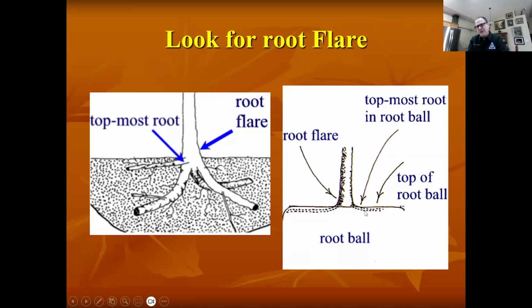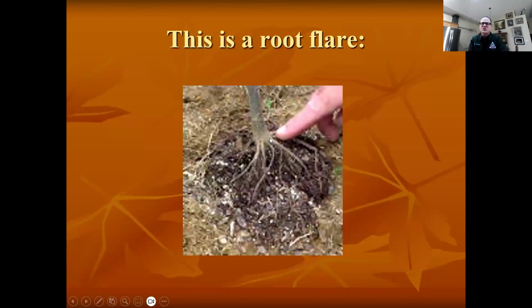You want to plant that at soil grade, or if it's a bigger tree, like a 2 or 3 inch caliper tree, even an inch or two above grade, because the balled containers are so big, in time they pancake or settle down and those trees sink an inch or two. So what you want is, after everything's settled, for these roots to be at grade or ground level or an inch or two above. And this is what it should look like.